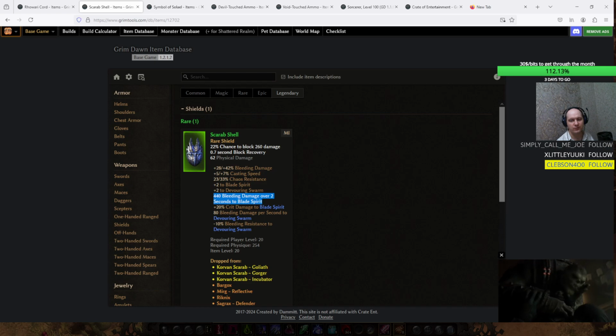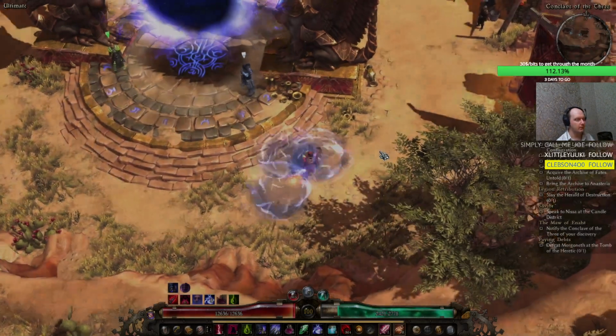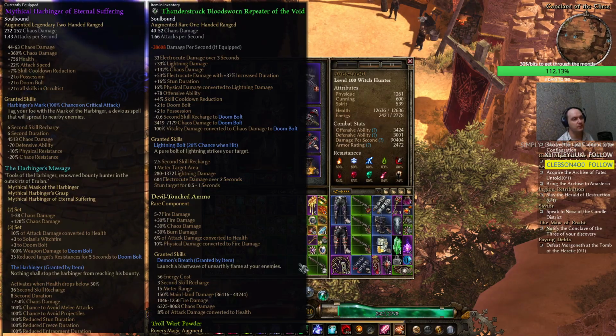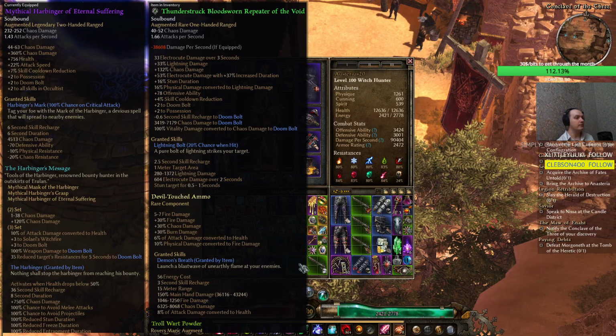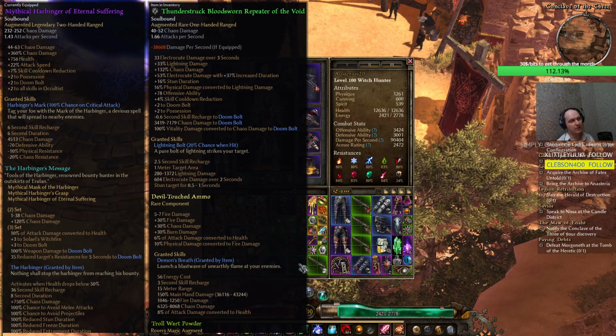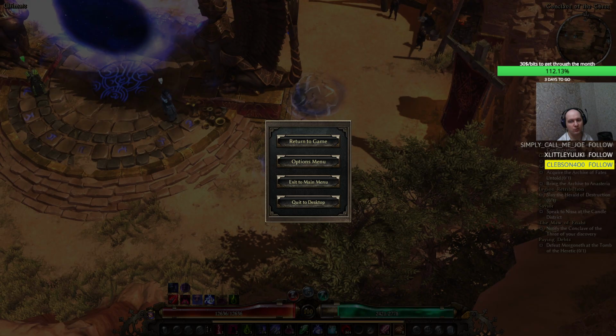However, this is not what we did for this build. What we did, we utilized this item, the Bloodstorm Repeater. You can get it relatively easily from a Blood Grue. There's a boss in the Blood Grue, whose name I already forgotten. But again, if you go to